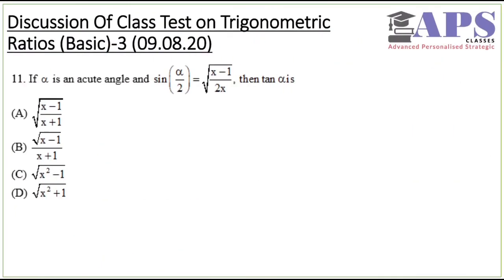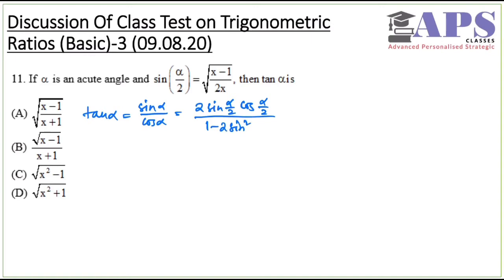In question number 11, it's a simple question. We have sine alpha by 2 is given, you have to find tan alpha. We know that tan alpha can be written as sine alpha by cos alpha, which is nothing but 2 sine alpha by 2 cos alpha by 2 by 1 minus 2 sine square alpha by 2. I have expressed everything in terms of alpha by 2 because sine alpha by 2 is given. So now this thing is nothing but